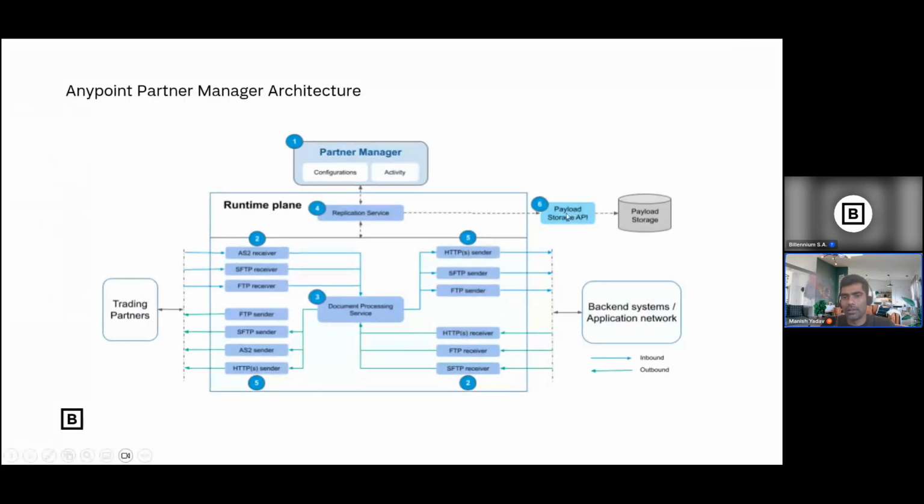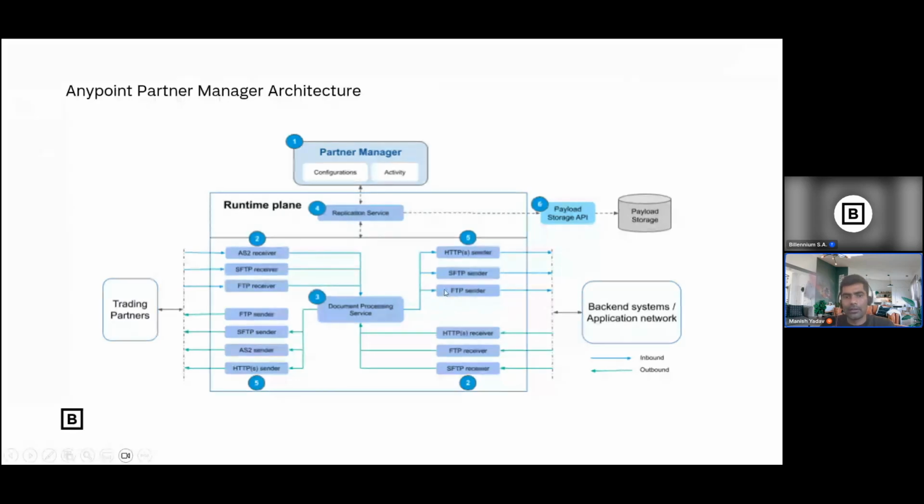All the payloads from the transactions are stored in this storage system via the replication service. The replication service gathers the payload and sends it back to the database via this API. This API is a different color, which means you have to develop it.